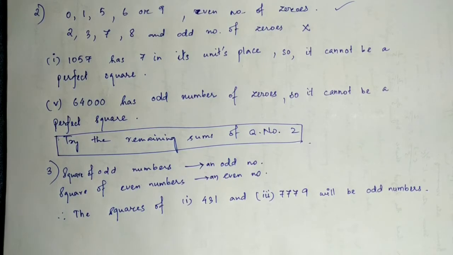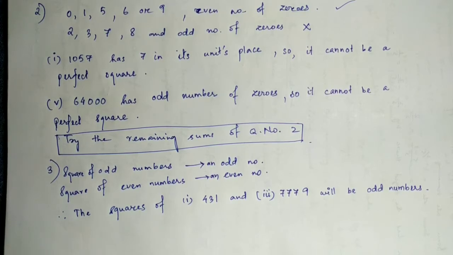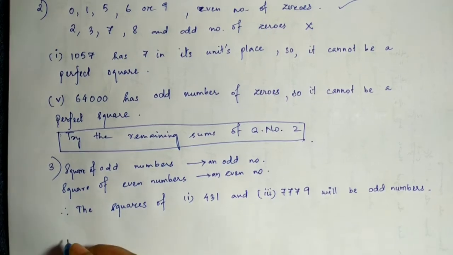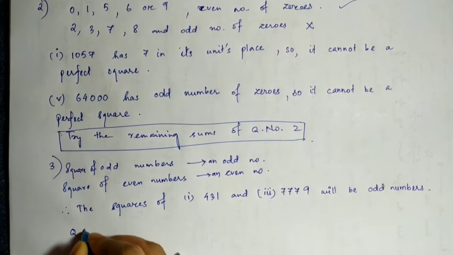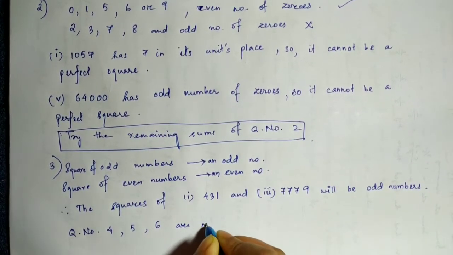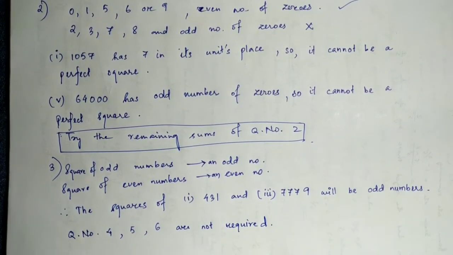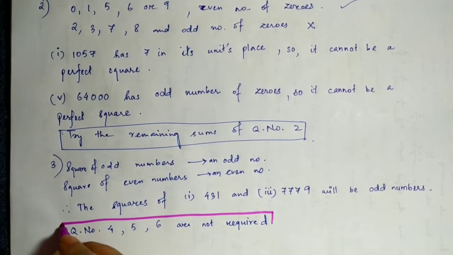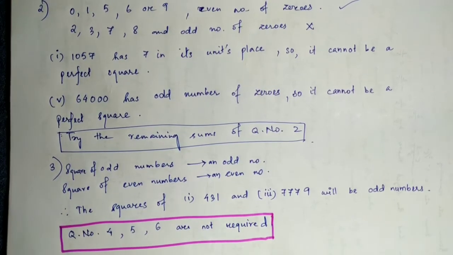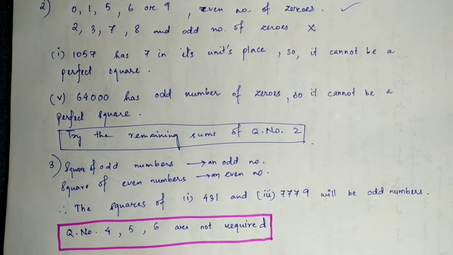Okay, now as I have told you that we will be omitting some of the things that are unnecessary, so we will not do the interesting patterns or all these sums. We will not do that. So as to compress the syllabus a little bit, we will remove the unnecessary parts. So here from this exercise, question number 4, 5 and 6 are not required because we are not going to do the different interesting patterns. So I have written out here. When you see this, you will understand you are not required to do this. Okay, so I hope you have understood. So we'll continue with the next remaining sums.